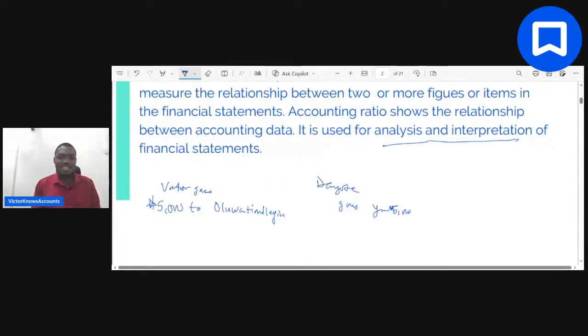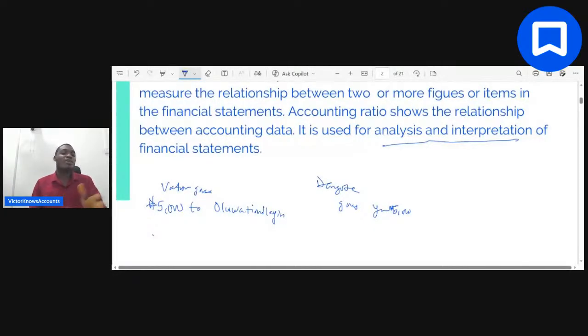Do you understand that? So just the same way, if I give you 5,000 naira, what you are using to make a decision there is that maybe my net worth is 200,000, and you are doing 5,000 naira over 200,000, and you're like, okay. But you're not doing 5,000 naira over billions of naira, where you'd say that's a minute fraction of what he has. That is how ratio is used, for what? For analysis and interpretation.